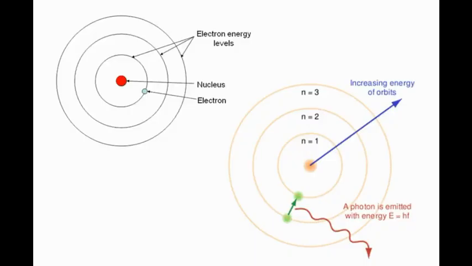Look at these pictures, they'll give you a better idea. The electron can revolve in certain orbits where it doesn't radiate energy. That is the first one. The second one says that when it revolves, the angular momentum will be a multiple of h by 2 pi. So n h by 2 pi will be my angular momentum, where n is some integer. The third postulate says that when an electron makes a transition from a higher orbit to a lower orbit, it gives out a photon, and the energy of the photon will be equal to the energy difference of those two orbits.